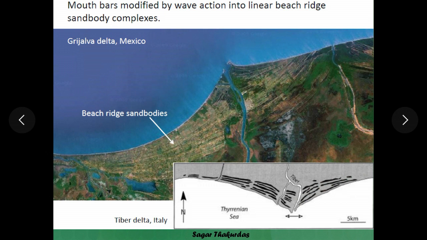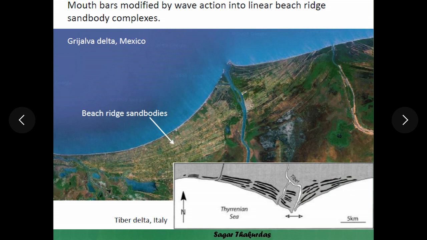Now again coming back to the introduction of depositional systems, if you remember, we have seen the broad classification of depositional systems. These are classified into two major groups: one is dip fed systems and another is strike fed systems. Dip fed systems are those which run perpendicular to the coastline and deposit their sediments, and strike fed systems are those which form as a result of deposition parallel to the coastline.